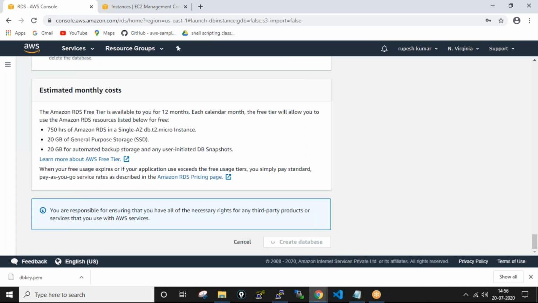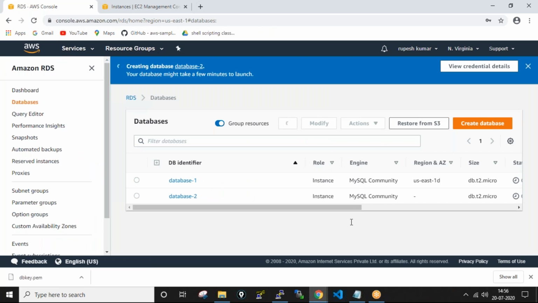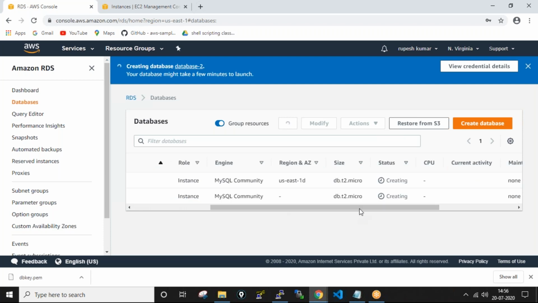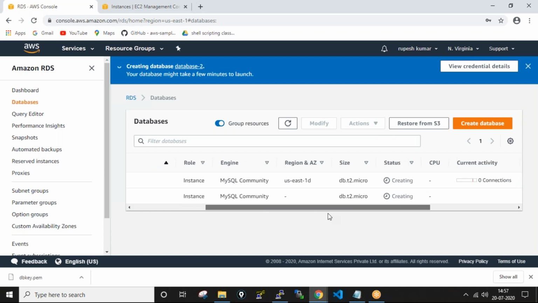So check for this database. We will go with this one also. Now both are in creating state.